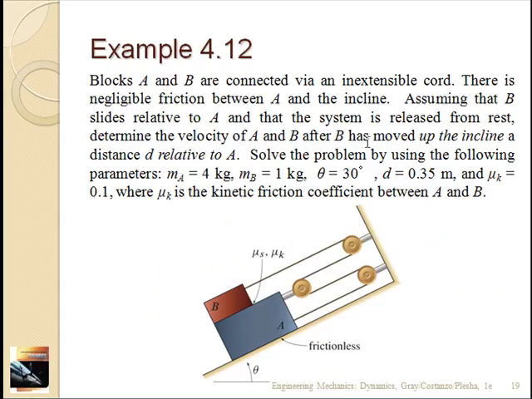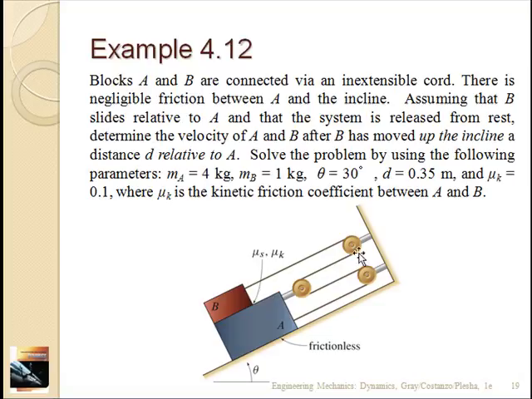Okay, one more. Let's look at this rather complicated pulley system. So we take block A, put it on a frictionless ramp, connect the pulley to it. Then we have a rope that goes over here and connects ultimately to block B. And so block B can slide relative to block A, and there's friction between these. So we just take the system at rest, let go. Block A is heavier, so it wants to slide down this way, and it'll pull block B up that way.